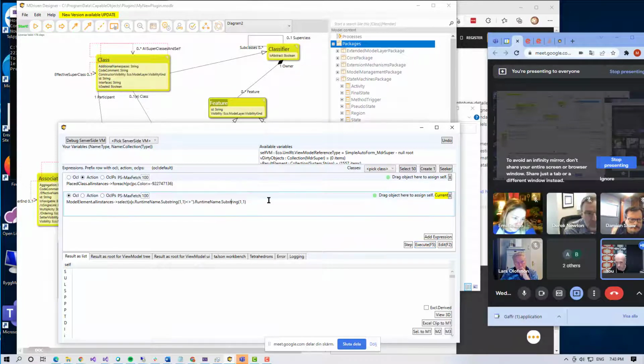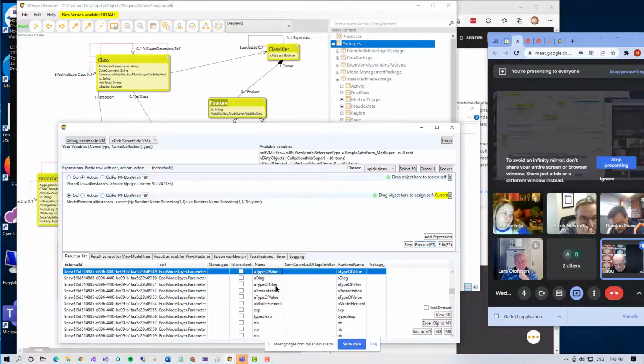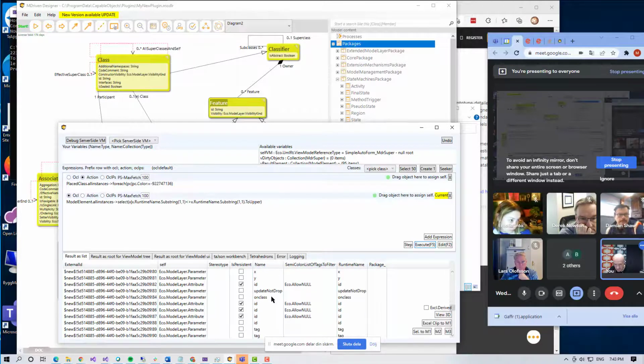So that's the substring of all, and if that isn't the same as this, it would be an offender. So all of these have bad names,